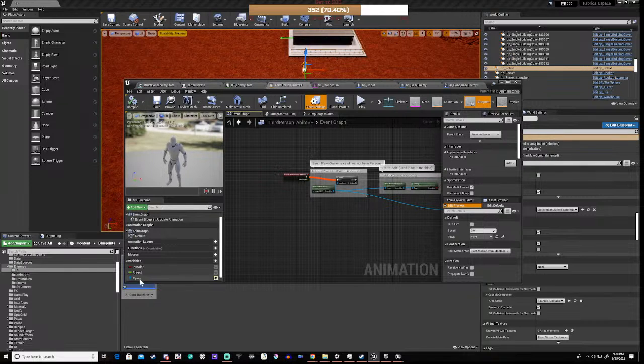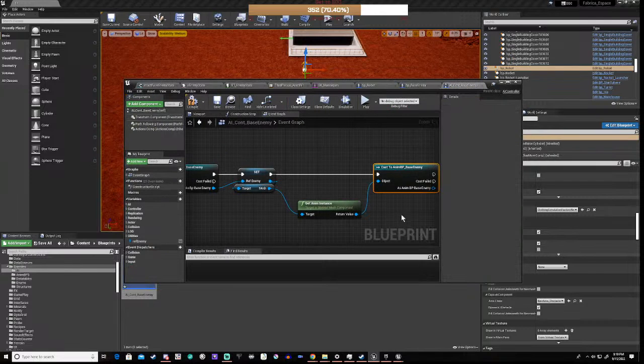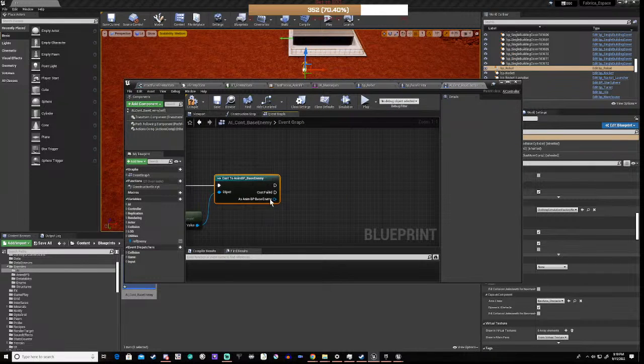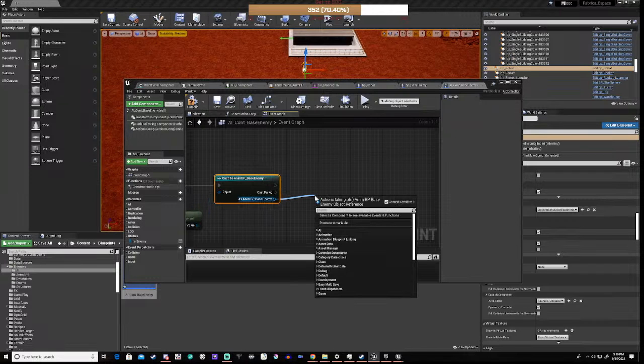I can set this via an interface, so I don't need to know what type of enemy it is. I can set the pawn here. But in the meantime, we'll cast it to this, and we'll say set pawn,